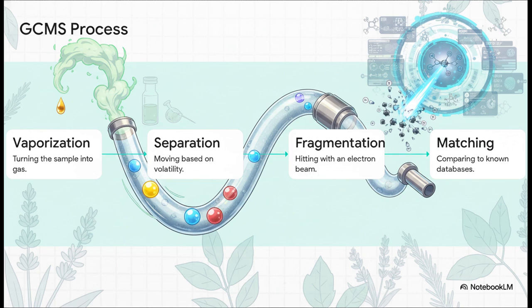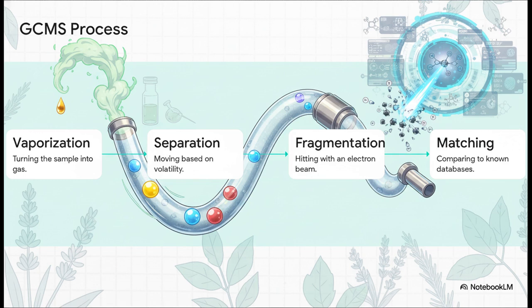First, vaporization. A tiny drop of the oil is injected and flashed into a gas. Second, separation. The gas is pushed by an inert carrier gas through a long microscopic coil. The highly volatile molecules race ahead while less volatile ones drag behind. Third, fragmentation. As they exit the coil, these isolated molecules get blasted with an electron beam, shattering them into charged fragments. Finally, matching. The machine reads the specific mass of those fragments and compares them against known databases to identify